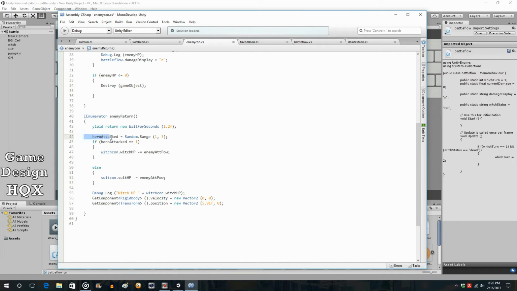what we did is we added this new random range. We said if the range is 1, then minus witch HP. If it comes out to anything other than 1, so in this case it would be 2 or 3, then the suit HP is reduced. And it really should be that easy. So unless I made a mistake, that's all it should take. Now,